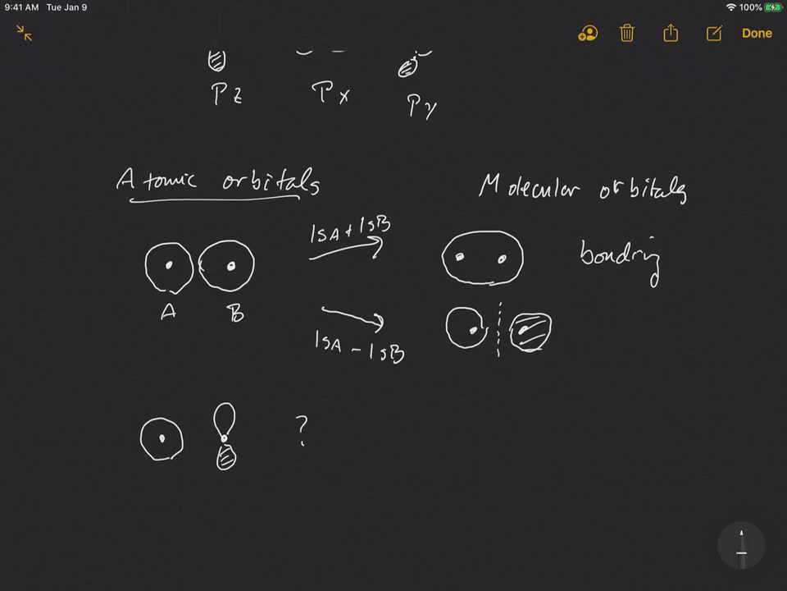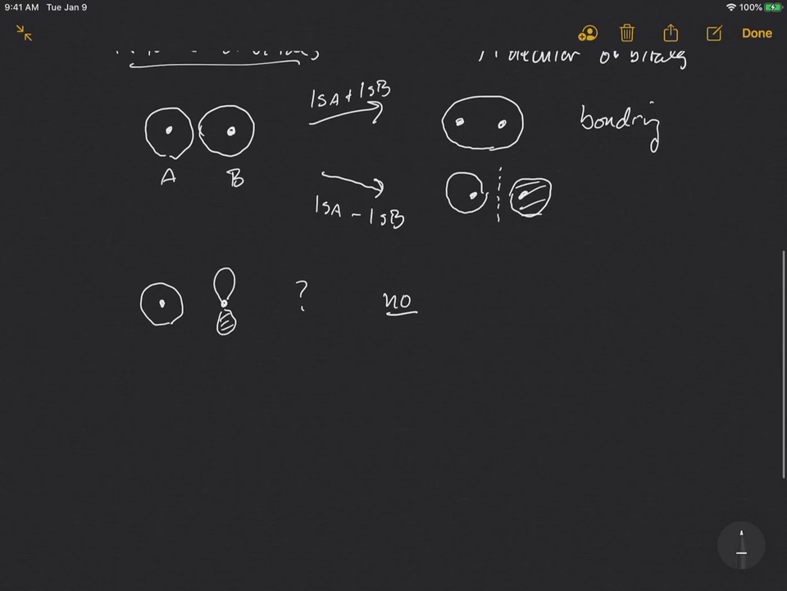And the answer is no. Whenever we're combining atomic orbitals to make a molecular orbital, both orbitals need to have the same symmetry with respect to rotation about the internuclear axis. So that wouldn't work. However, we could, in principle, combine a 1s orbital, or say a 2s orbital,